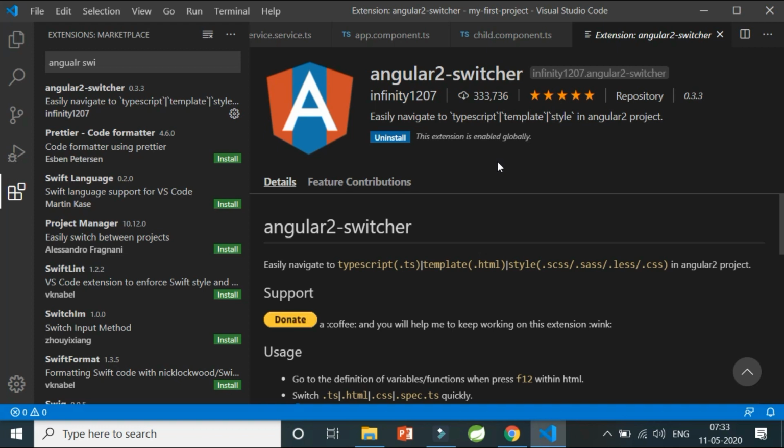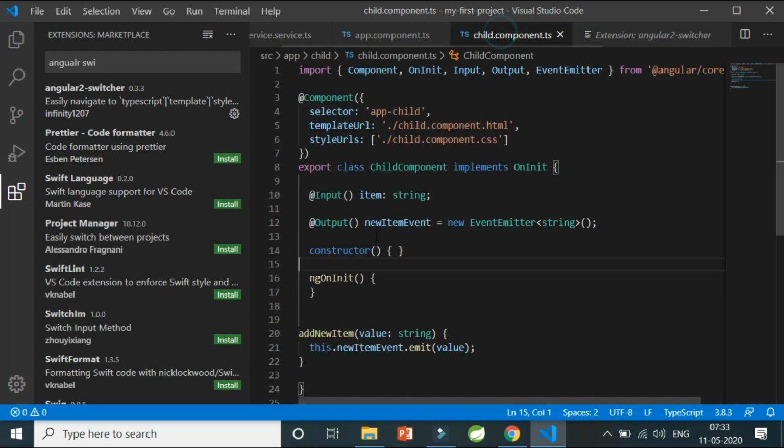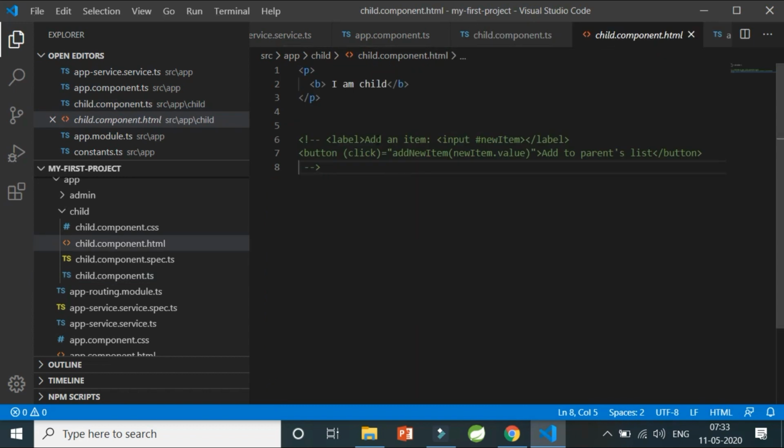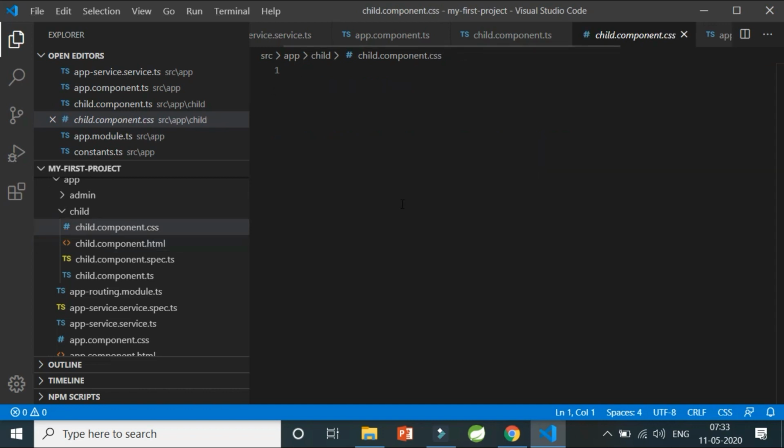So this is a boon for you when you are in a particular TS file, and now I have created my item and I want to use it in the HTML file. So what I will do, I'll just use Control and U, and this is how I'm taken into the child HTML. And now from child HTML I want to go to CSS. So I will use Control and I, and I see I am in the child component.css file.